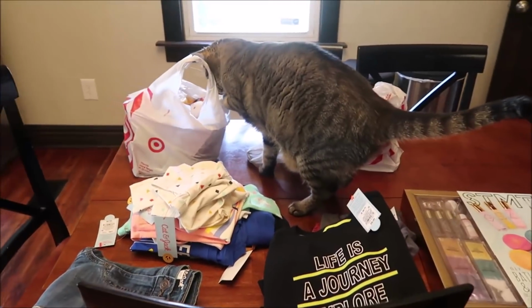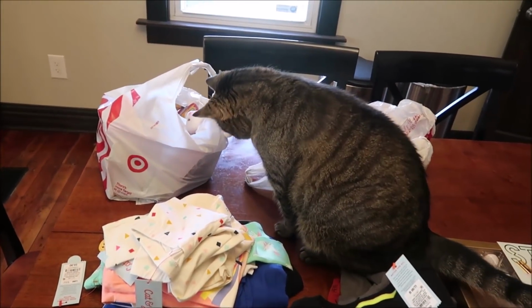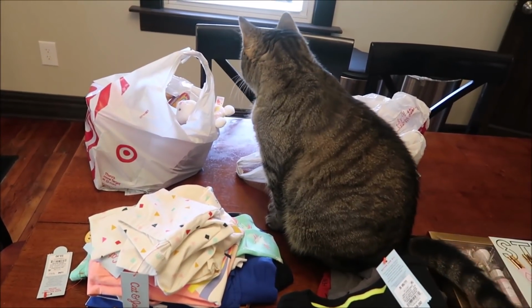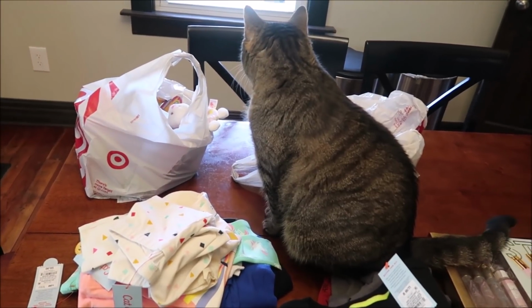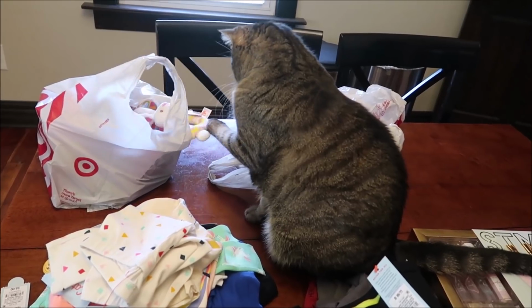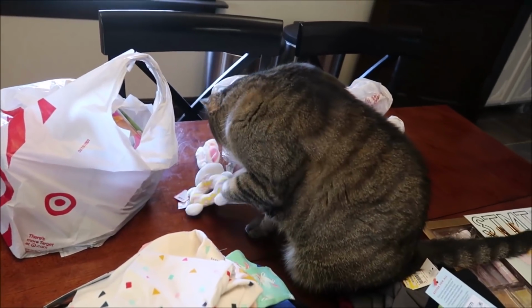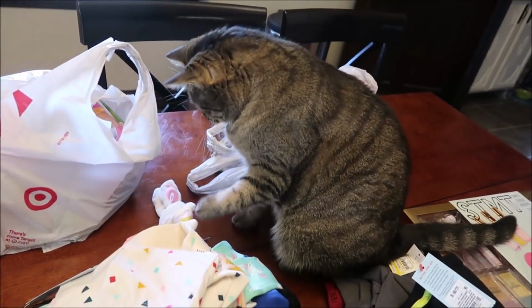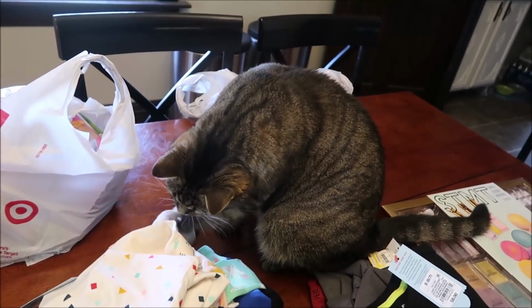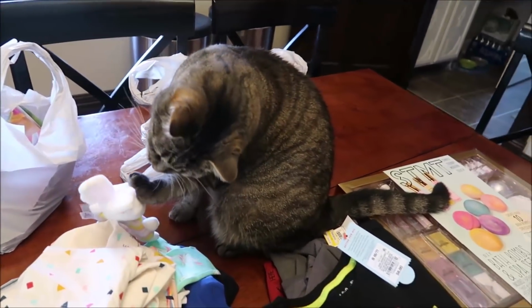I bought some toys for Easter for Gavin and Amelia. And somebody has realized that they're in this bag. And you can see he has it poking out. Yeah, look. He literally... Yeah, this is for them for Easter, not for him for Easter. Look,